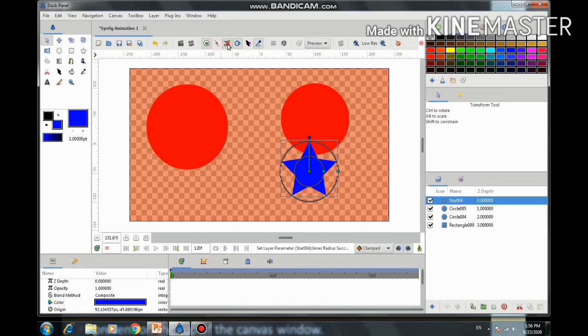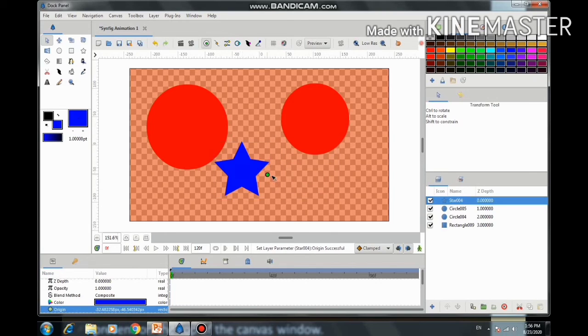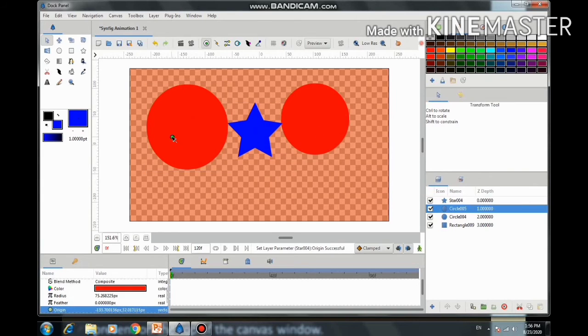Then I have to simply turn off these buttons and automatically these points will be invisible. Now I can work with only the center. Here also I can see only the center. So these are the ducks and their uses.